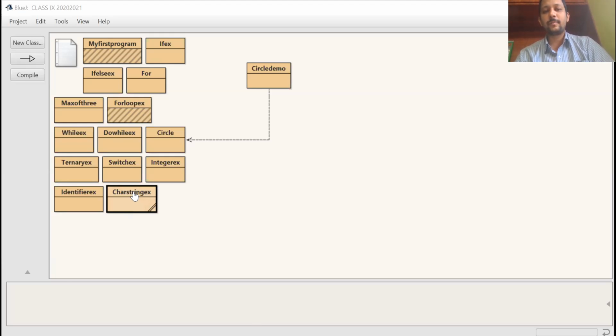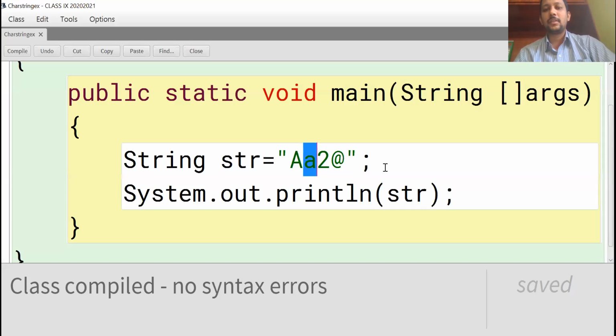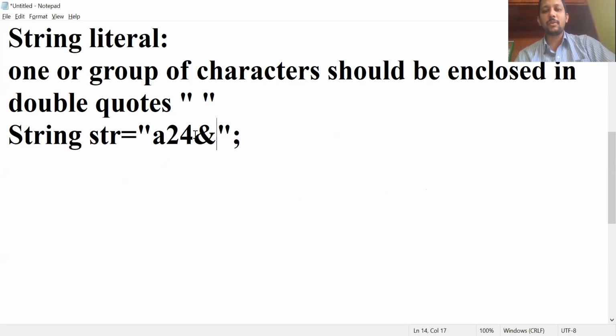Do you observe? So this is a string literal. The difference between character literal and string literal: character literal means only one character, enclosed in single quotes. String literal means one or a group of characters enclosed in double quotes.